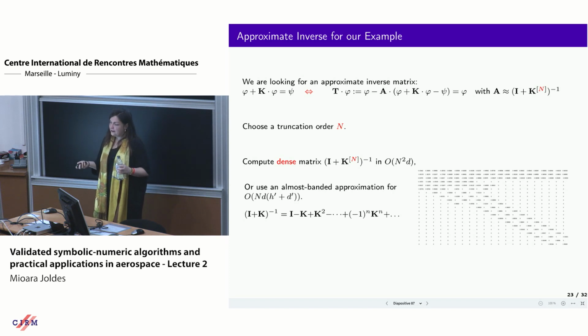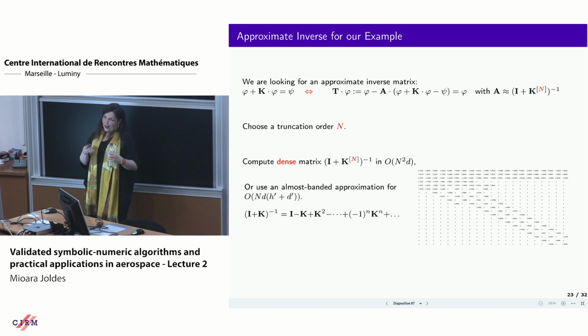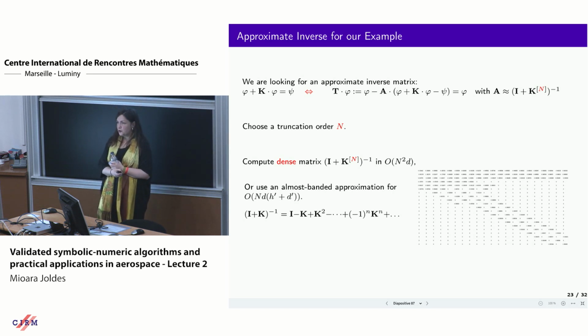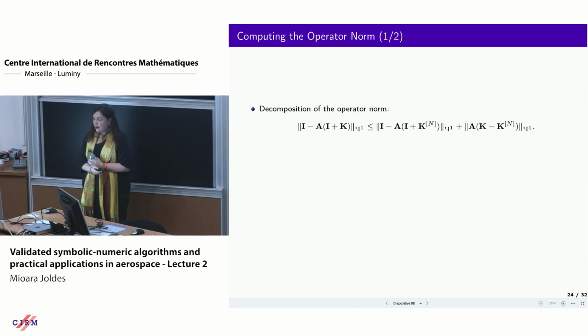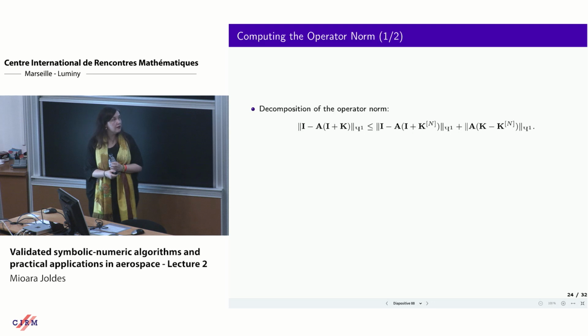But sometimes it may not be sufficient. So it's not in all cases that we can have an almost banded operator for the inverse. But in practice, in some cases, we were able to. And so once we have this A computed,